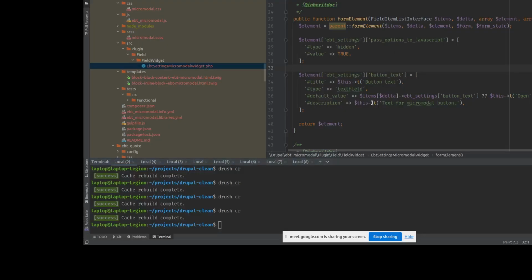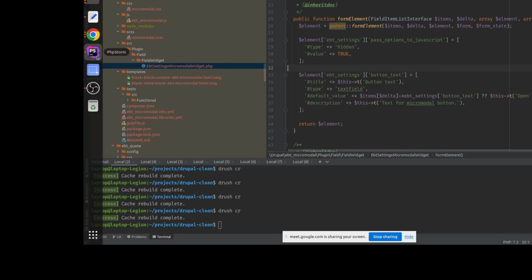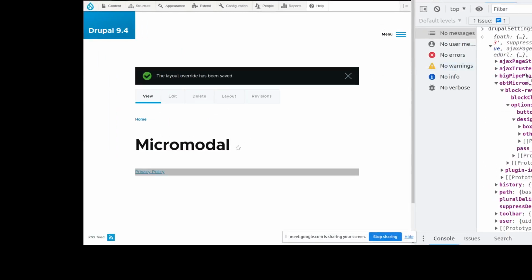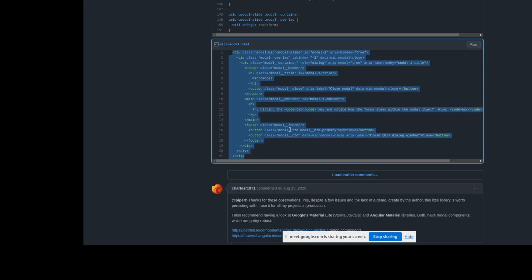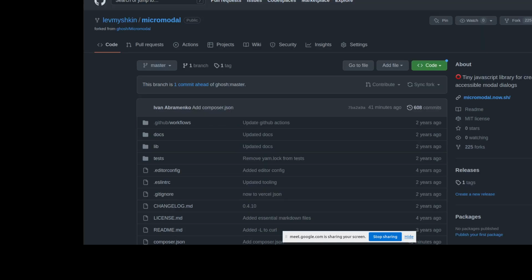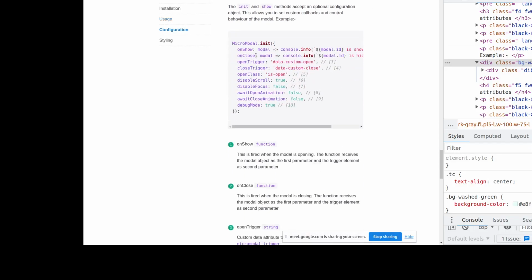And for example, we can pass any other fields and use them from Drupal settings. Okay, let's try to do it. I don't know what exactly we can pass here. Is open, disable scroll. Yeah, let's try to